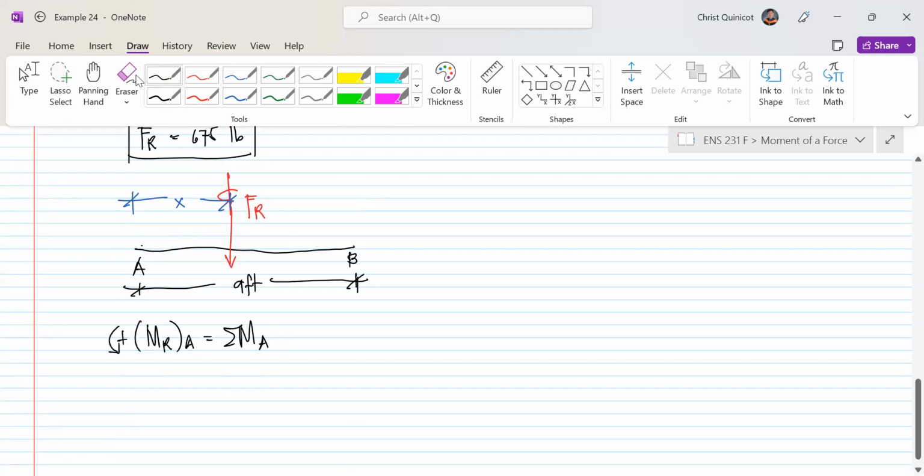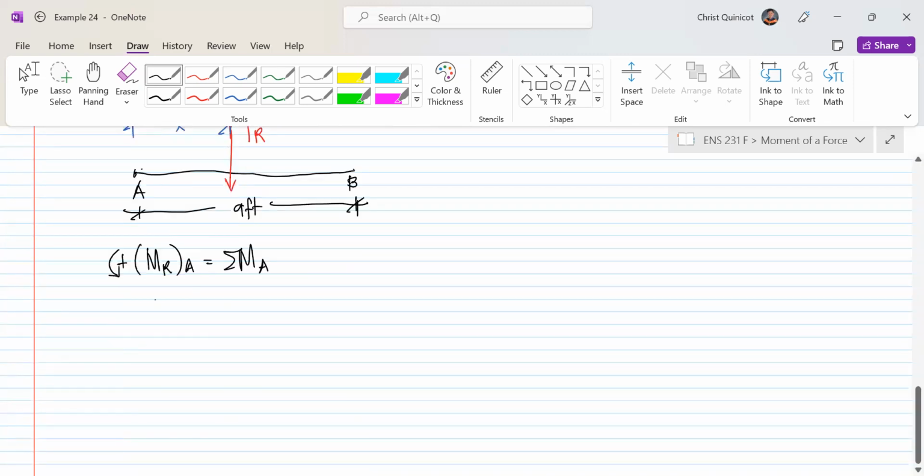Now, we are taking moment about point A here. Now, question. I know you will not answer it, but just an analysis. F sub R causes a clockwise moment about point A. And since we are assuming that counterclockwise moments are positive, it means F sub R here, for this case, becomes negative. So that is negative F sub R times its perpendicular distance, which is x, is equal to, then